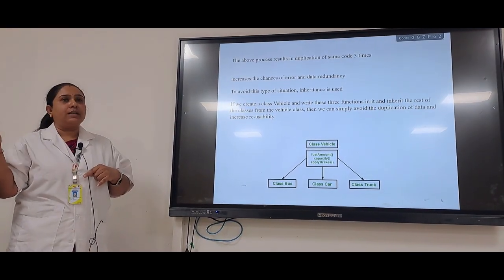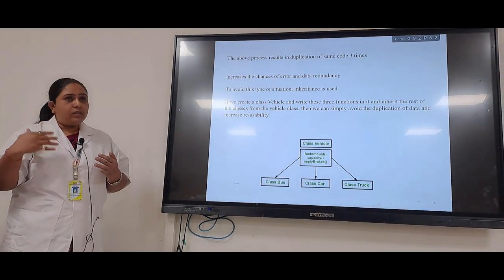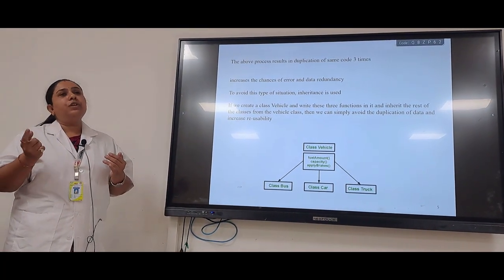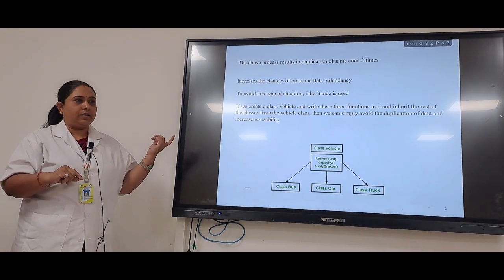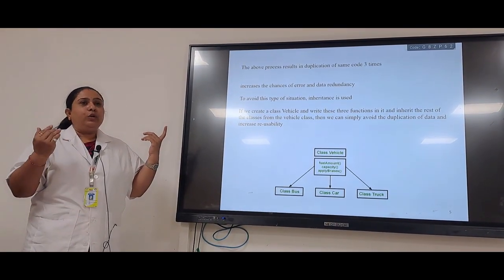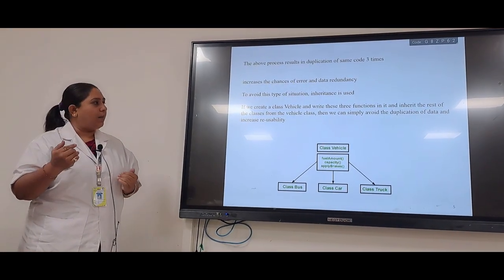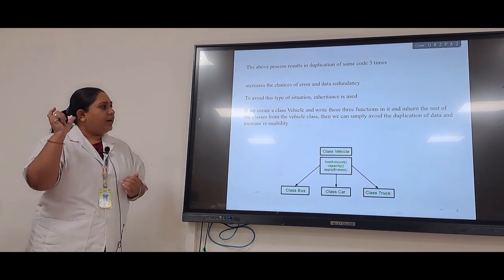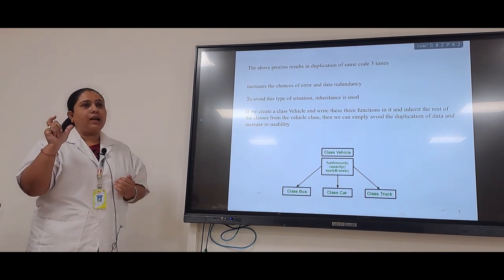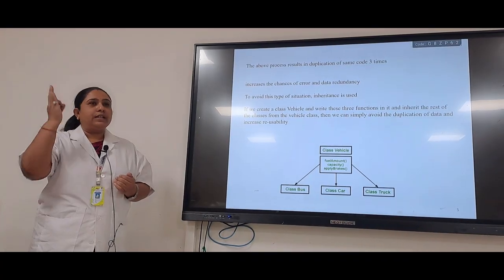There are a lot of OOPS concepts that we have already studied, and one of the important concepts was inheritance. To solve these problems using inheritance, I am going to create one class named vehicle and write the common functions in that class.